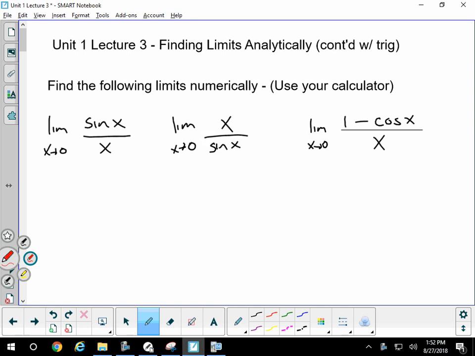So we have one more lesson in this unit. We have a test next, not next class, but in 2 classes. Okay? And this last lesson is more kind of refreshing on our algebra skills to find limits, limits being the